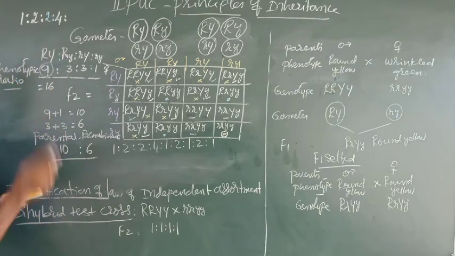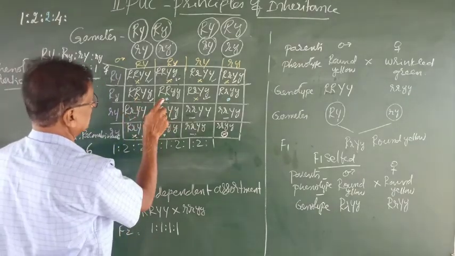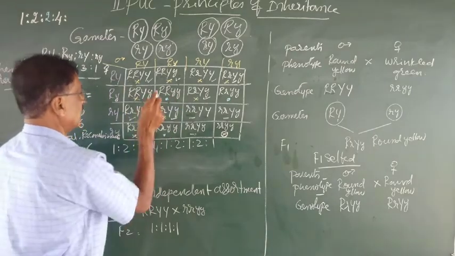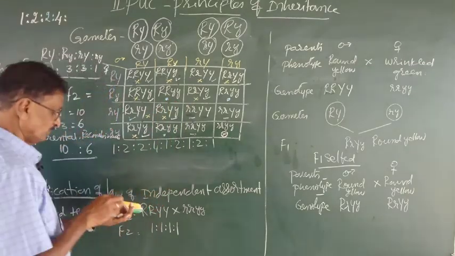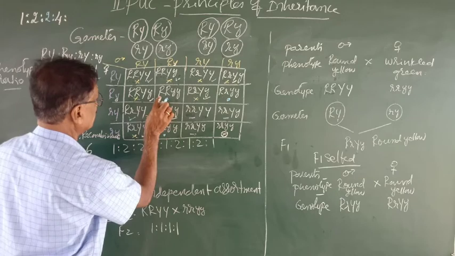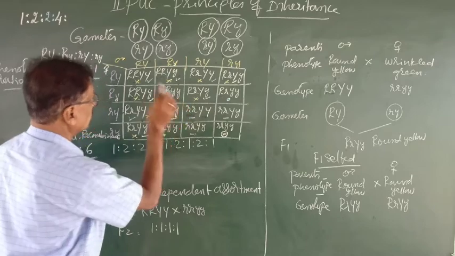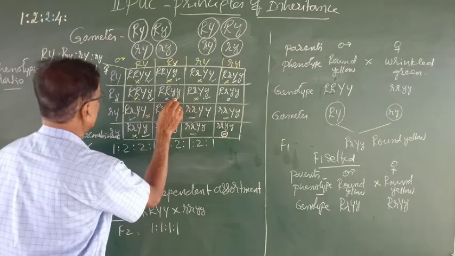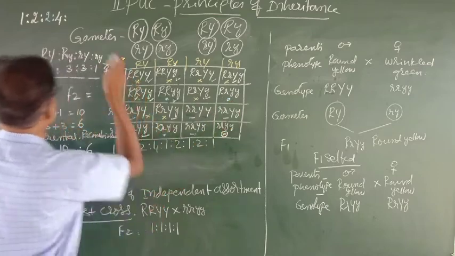Now let us know about the next one. What is it? Round green. How many are there? You have to search for them only in these dotted signs. So your dotted signs are only 3. Observe here 2 capital R, 2 small y, and of course these 2 should always be in small letters. How many are there? Here only 1. This one. That means 1.